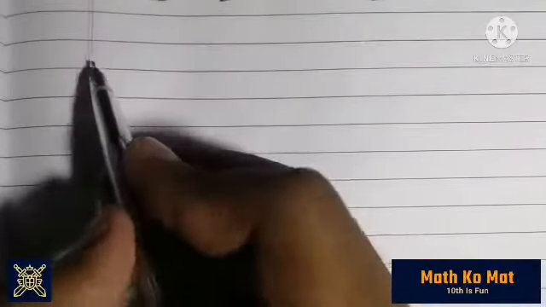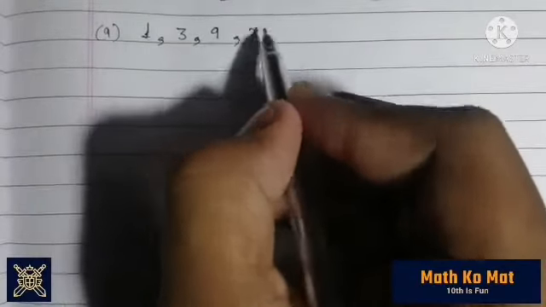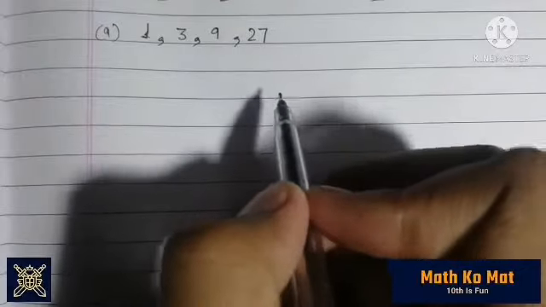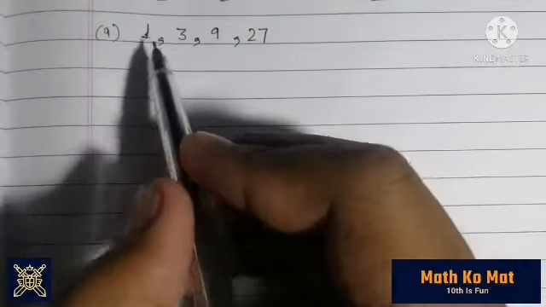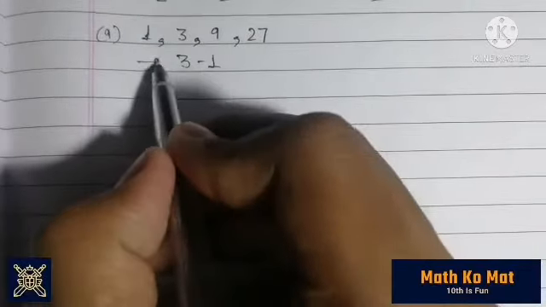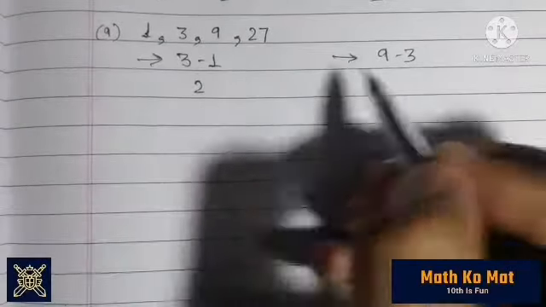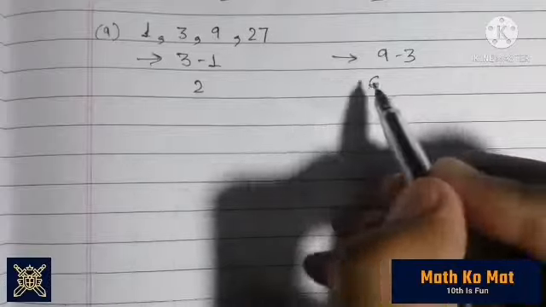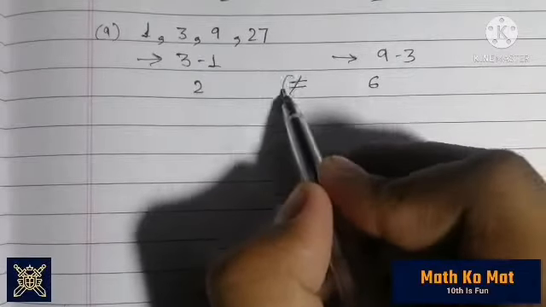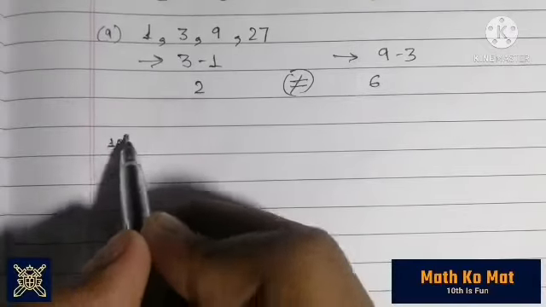So we had to start with the ninth one, and for it we had 1, 3, 9, 27. Again, as you know, in order to check if it's an AP, you subtract the first from second and second from third. So 3 minus 1, and 9 minus 3. 3 minus 1 is 2 and 9 minus 3 is 6. And 2 and 6 are not equal. Therefore, this does not form an AP. So this is what we are going to do with the rest of the questions also.